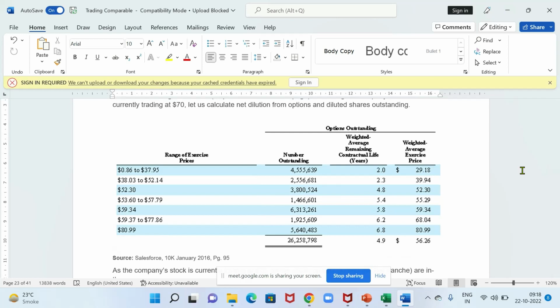When we are calculating earnings per share, we always take weighted average shares. When you open up the income statement of the company, below the net income you'll see basic EPS, diluted EPS, basic weighted average shares outstanding and diluted weighted average shares outstanding. For EPS it is the weighted average over the entire period of that net income, whereas for calculating equity value or market cap, we'll take total shares outstanding at that particular point.